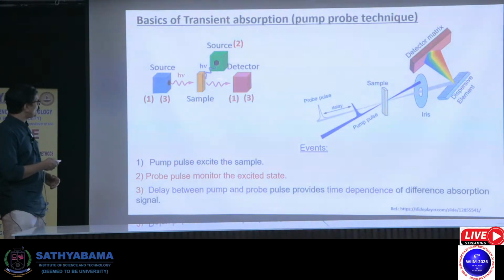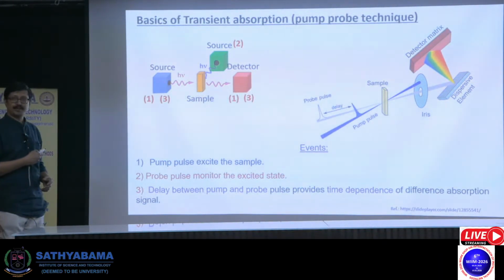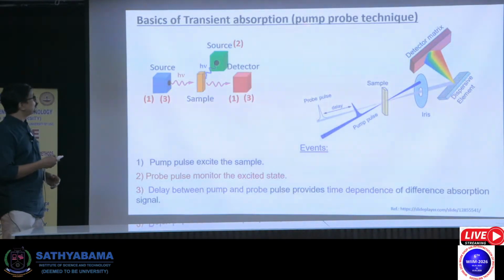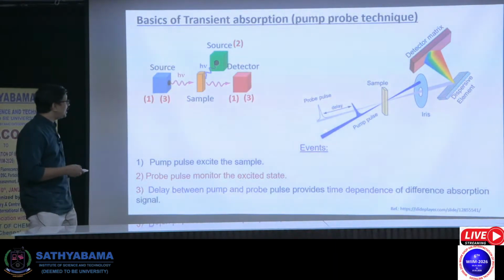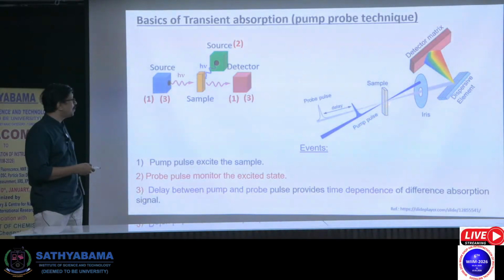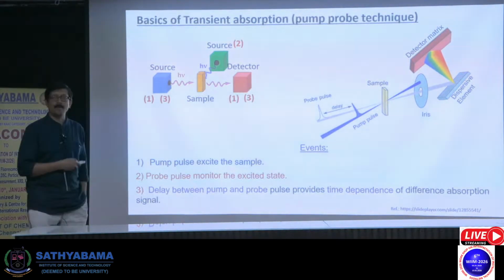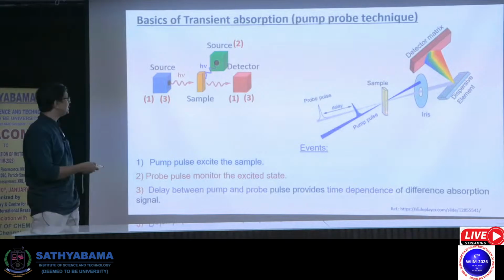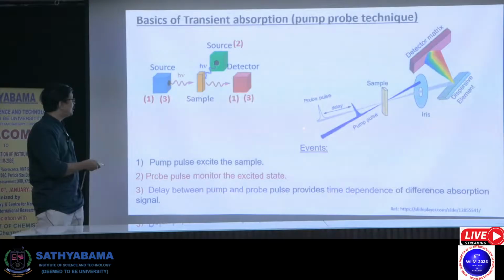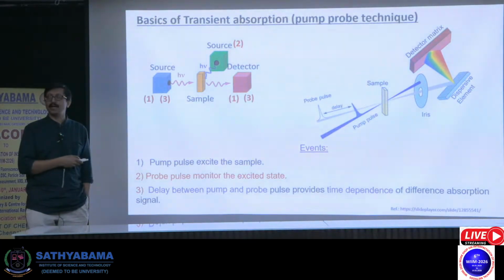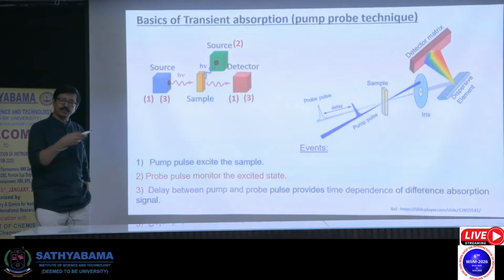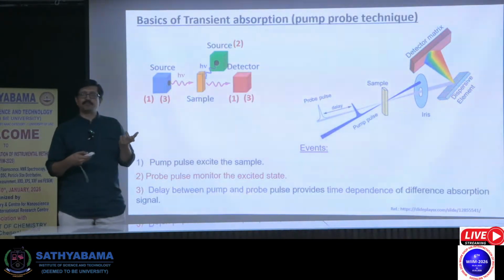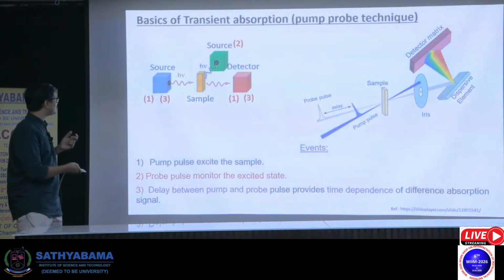So far what we have discussed is there is a sample, there is a detector, there is a light source. Now, the only difference in pump-probe is there are two light sources. One light source is going to pump the sample from the ground state to the excited state. It's called the pump light. Then when it is in the excited state, in the S1 state, another light is coming. That is called the probe light. So while this is in the S1 state, the probe light will come through the sample, which the sample can again absorb. So what you are essentially measuring,